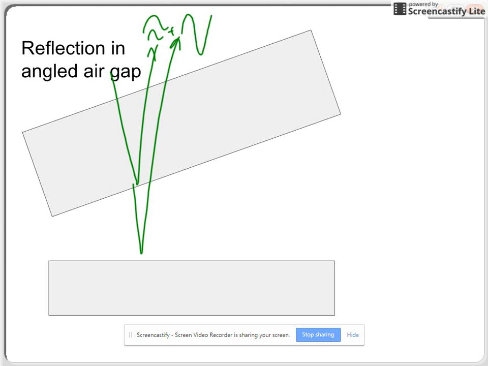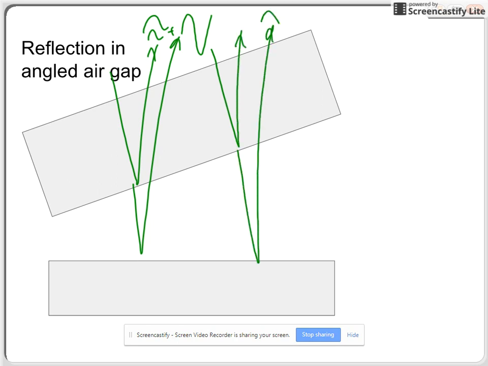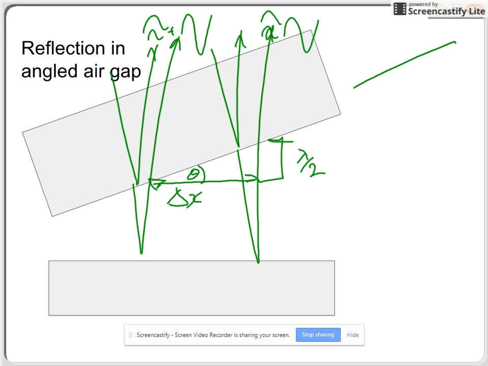And it was a case of how much further did you have to go along to get the second double reflection to also give you constructive interference. And that's the fringe spacing delta x. And this extra distance, because it's a there and back distance, we worked out was half a wavelength of the light that you're using. So the angle there, theta, you could get as being in a triangle here, that you had theta there, is lambda over 2, and delta x,